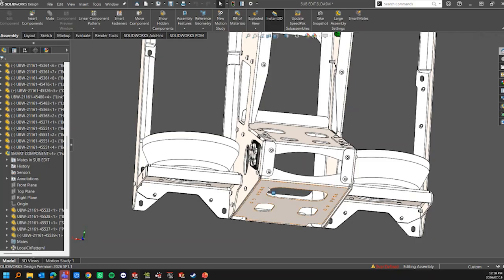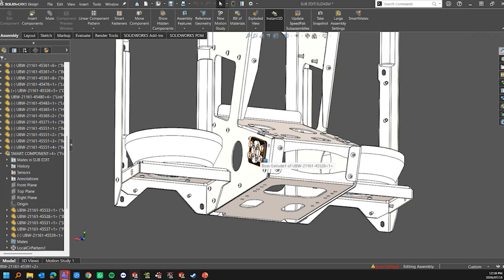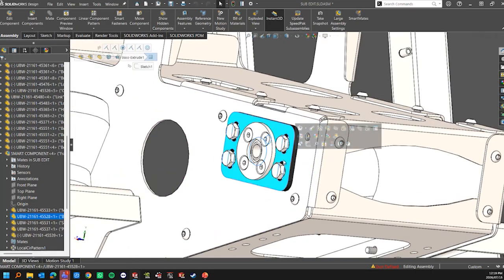This component specifically is repeated within many of the sub-assemblies, and in the entire assembly as a whole it's repeated like 6 or 8 times. So every single time I add this component, I do not want to edit every single face, do cut extrudes, do mates, and all those different things, because it is so time consuming. A much easier method is to go to Tools,